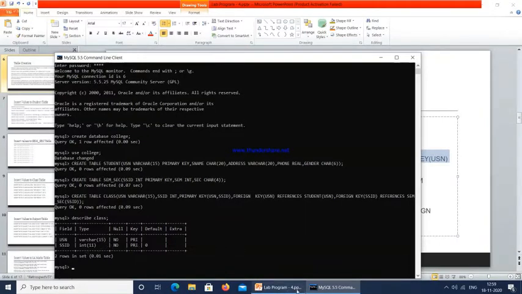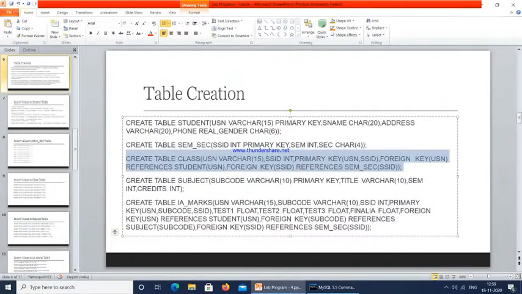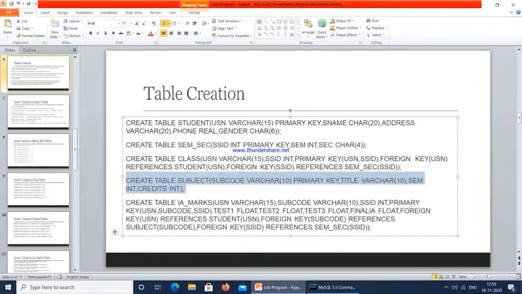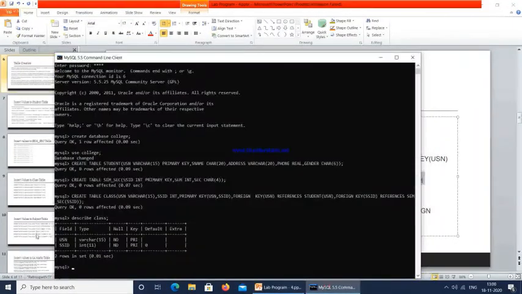Okay. So next we will execute this command, create table subject. Subject is going to contain subject code, primary key, then title, semester and credits. Semester and credits are integer and subject code is a primary key. So we are making subject code the primary key here. Then title is a variable character of length 10.